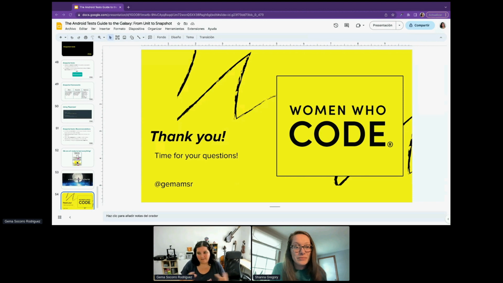I don't know how it has aged because it's from 3 years ago, but it's called Android Test Driven Development by Tutorials, which I used when I needed to go deeper in the test part of Android, and it's the book I always recommend. It's great because it includes from unit to integration, and then also has samples with the UI, with Room, if I remember well.